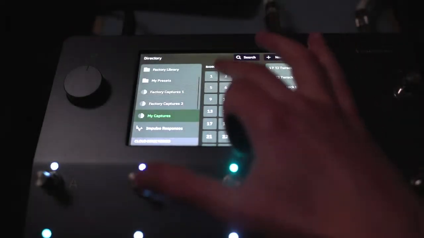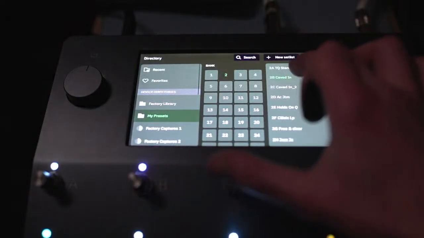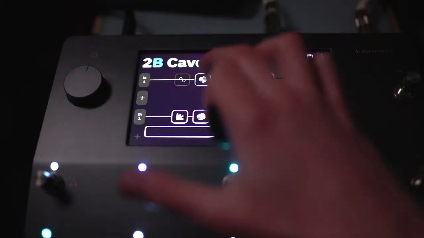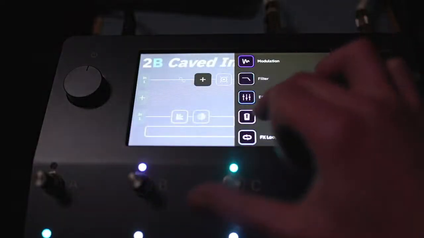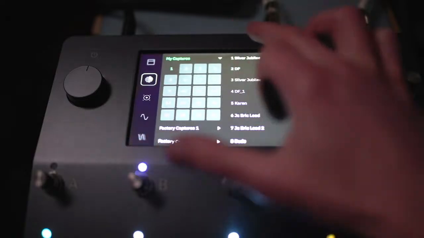So now if I go into my existing presets, Caved In is one of them, and I guess I'll change out this clean for the Tone Junkie. My captures to